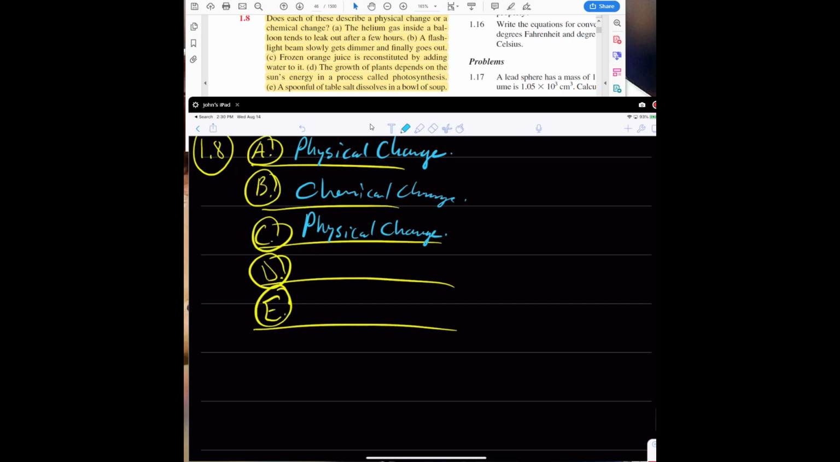Okay, so D. The growth of plants depends on the sun's energy in a process called photosynthesis. What do we know about this? We know photosynthesis is a reaction that requires sunlight, right? Light energy, that's what photosynthesis is. The synthesis of photo or light energy into usable, consumable energy products. So it would be